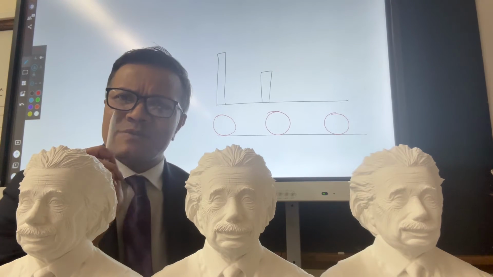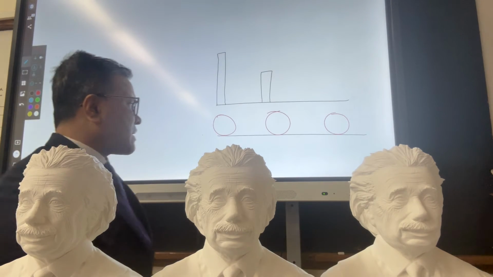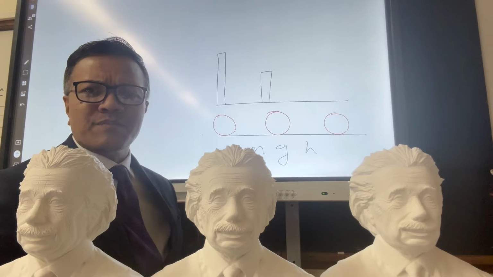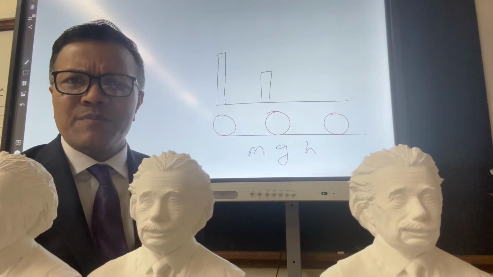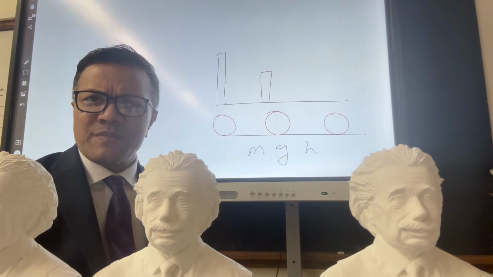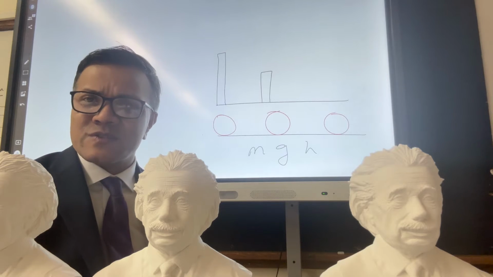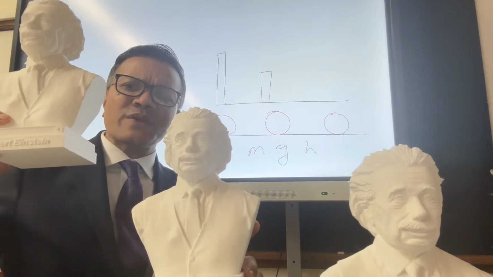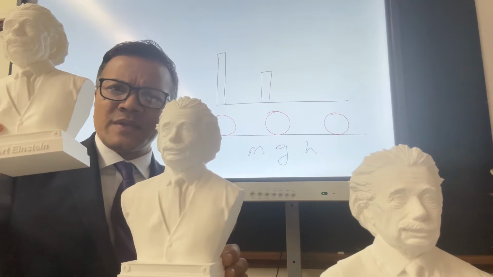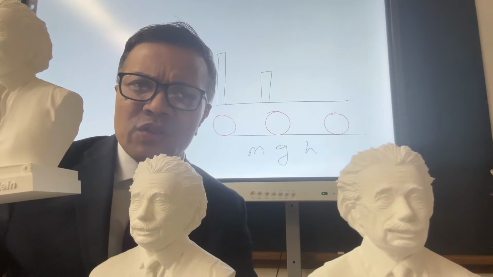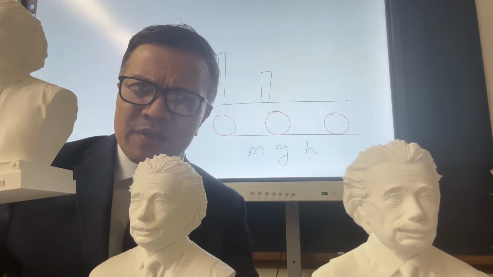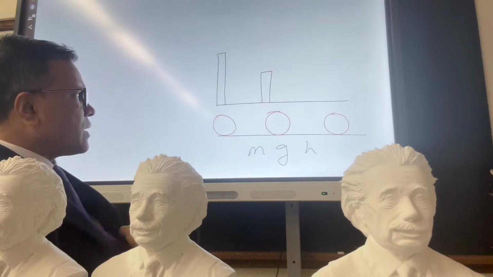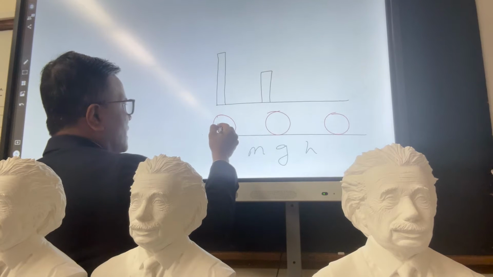So these three objects have the same potential energy because gravitational potential energy depends on mgh. Their m is the same, their acceleration due to gravity is the same, and their height is the same. However, now this should be different, right? Now this one has more potential energy than this one, and finally this one has no potential energy because its height is 0, right? Okay, so now if I give you the mass is 10 kilogram,